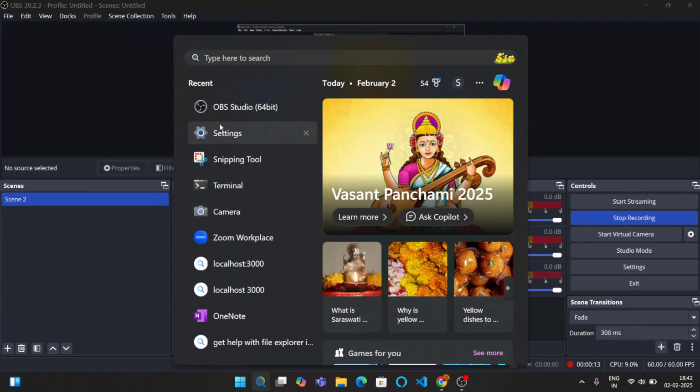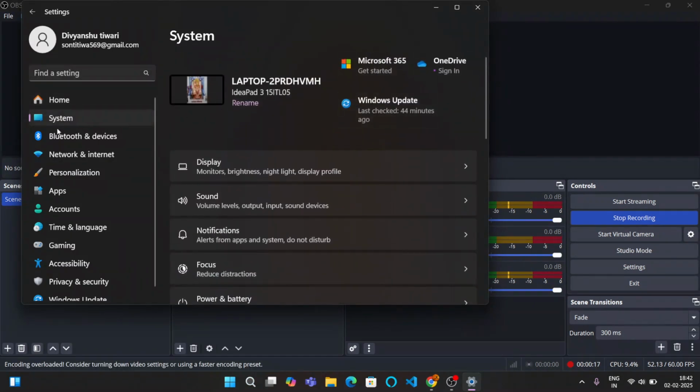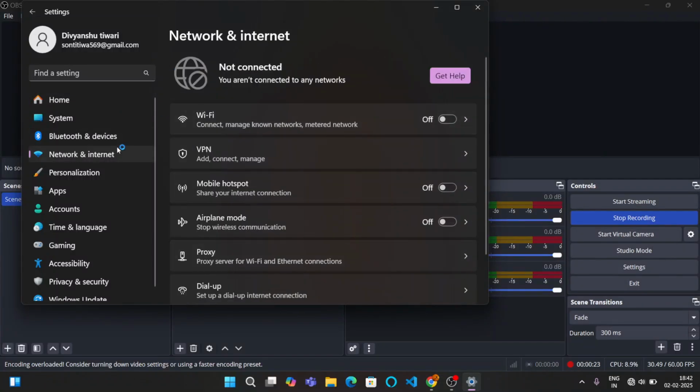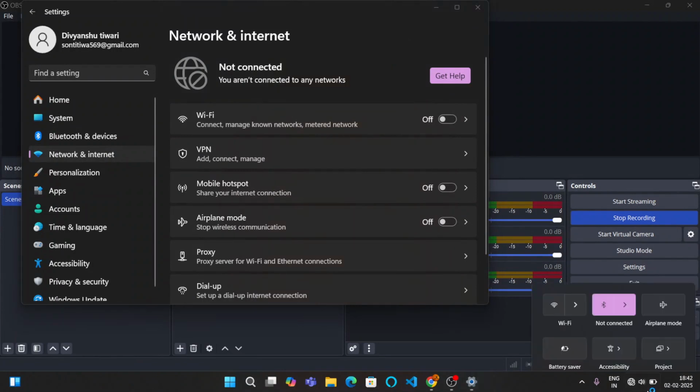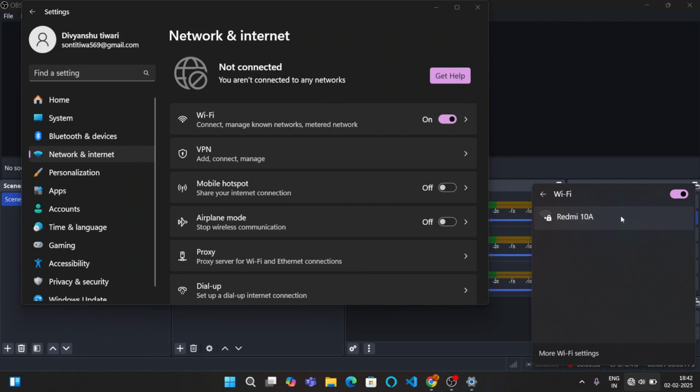So let me fix some settings of my laptop so it should be connected in the right way. And I think I should not get disconnected from this. Yes,